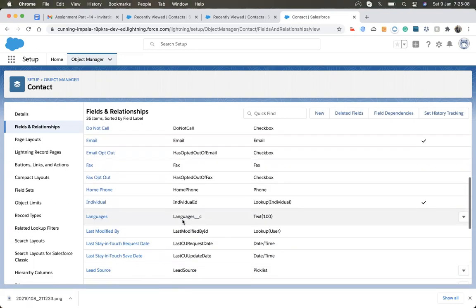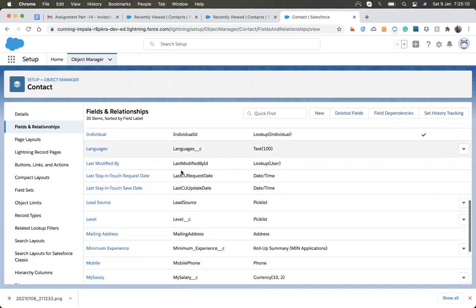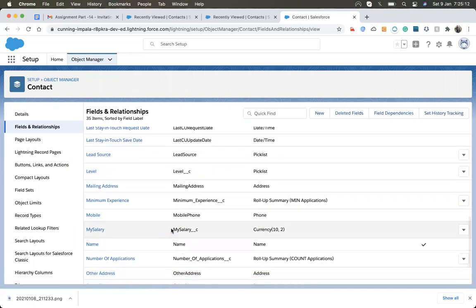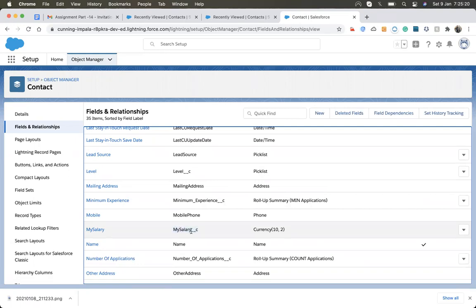Since I had created a custom field, I have to look at its API name. Its API name is my salary __c. This __c defines that it is a custom field.